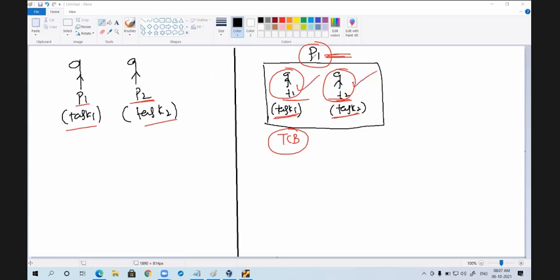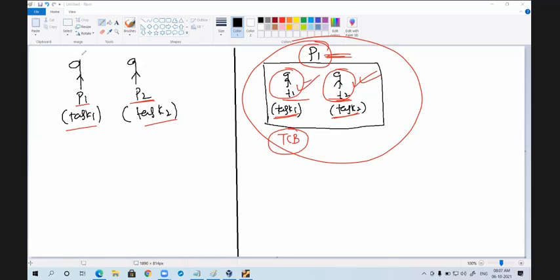The external world identifies this as a single process, but inside, multiple works are concurrently going on.